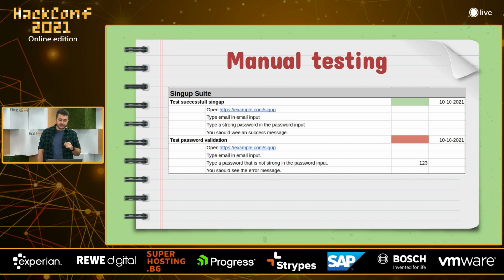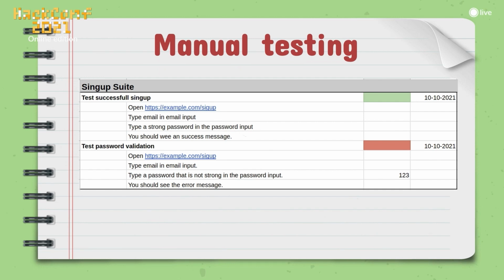So yeah, describing all the steps there, like for example, open the sign up window, enter your email, enter the password, then click save, and then a message should appear, hey, you're registered. Registering for an online event is a pretty critical part. If it is not working, the whole event may be great, but no one is going to attend. So this is kind of a core part. We described all the core features in a spreadsheet, and before each event, we were manually doing this kind of testing.